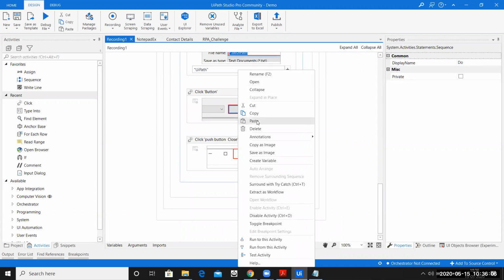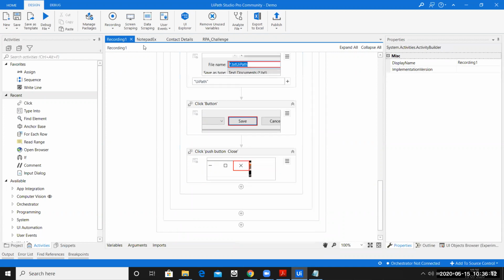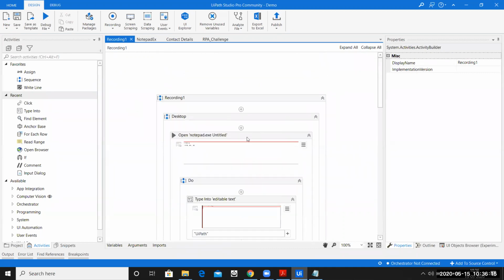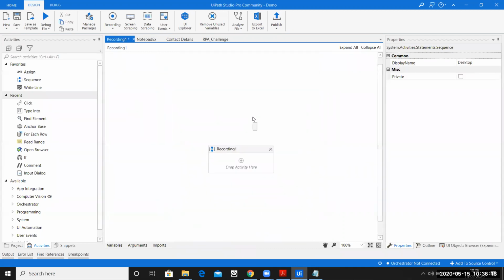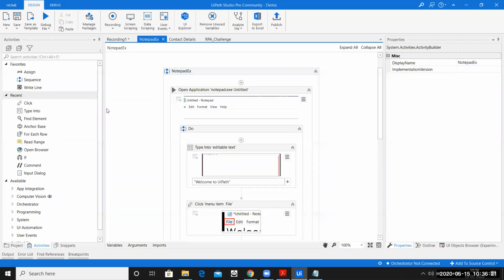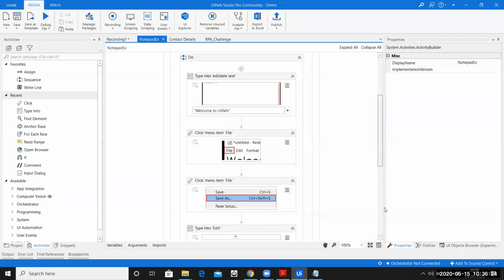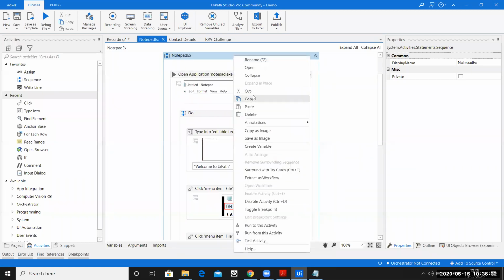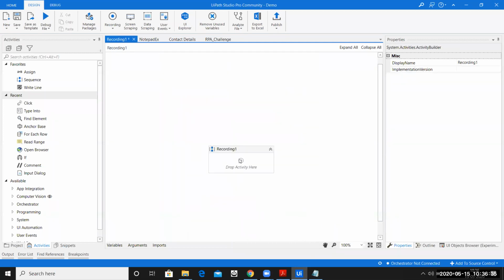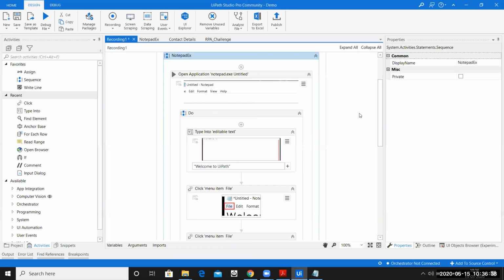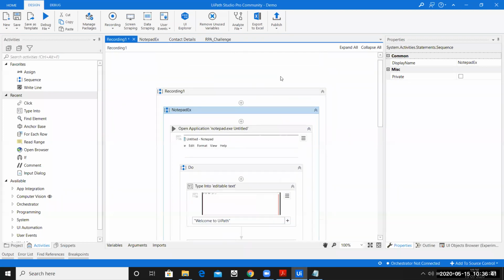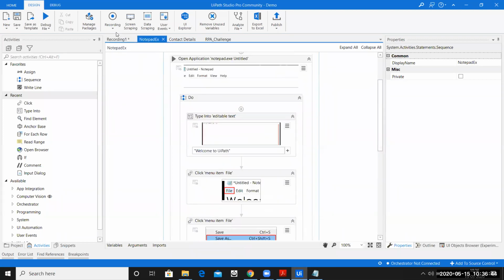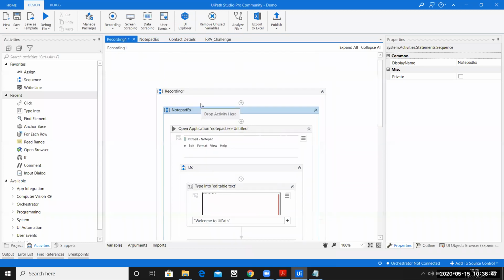Got it. But if I want to copy the whole thing, not just a part of it, like what we do in Excel, where you just make a copy of the tab? Yes, so ideally we do the same thing, sir. So let's say for example, we have this Notepad application built in already. So your question is, I need to copy the entire activities, correct? Yeah, the entire tab. Okay, so I'll just copy it in front of you. I'll say copy and I'll paste it over here. There you go. So you get the entire workflow here again. So this is the copy and this was the original workflow that we had. Okay, got it. Thank you very much. Welcome.